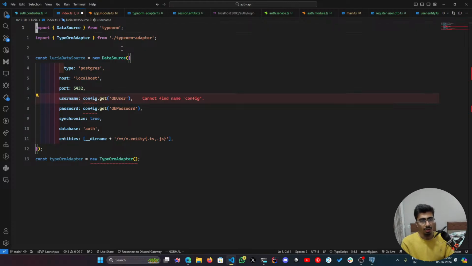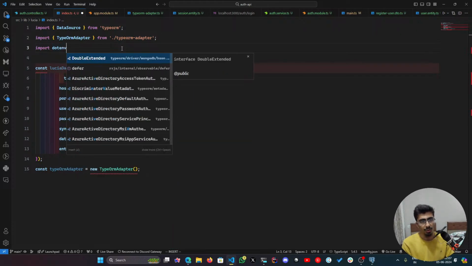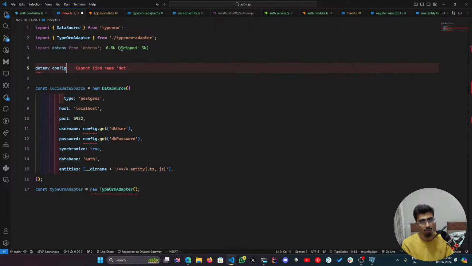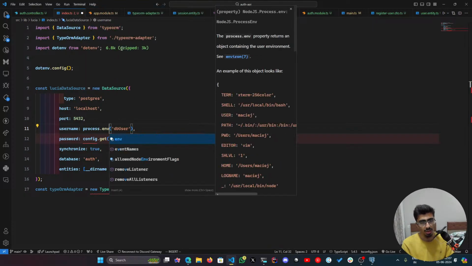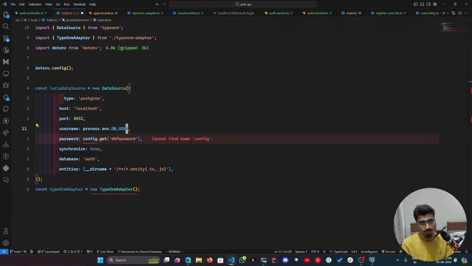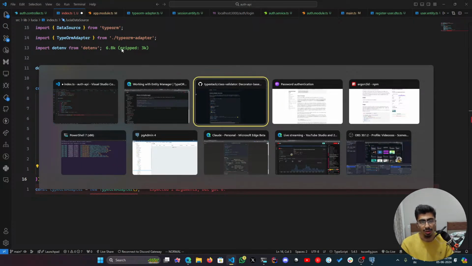Alright, let's go ahead and import dotenv from .env. We just have .env.config, and then we can just do process.env.DB_USER, and then right. So in here we can actually go ahead and